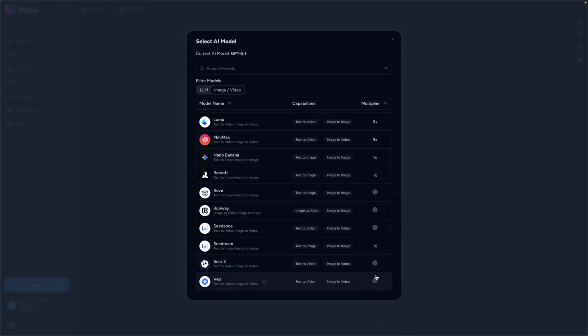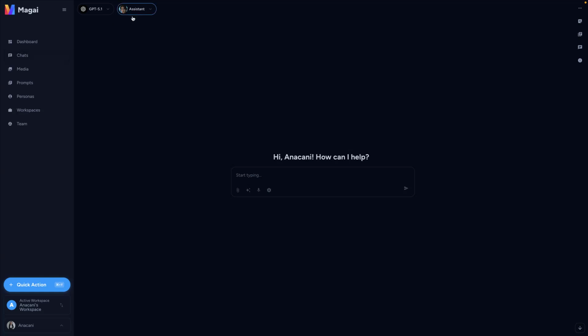Everything works on points. It'll tell you here, based on which version you use, how many tokens it will take up to create one, and then you kind of go from there. But it is where all your images and your videos and your language models live. Once you pick one, then we go into what's called persona, which is here.